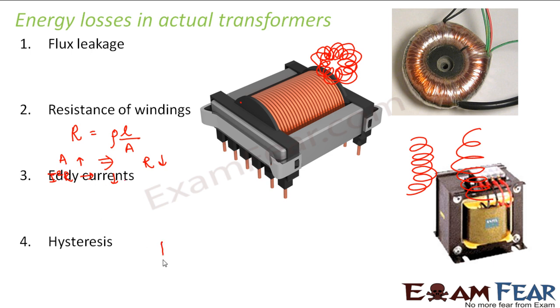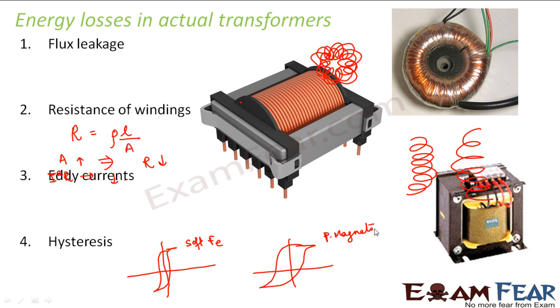So the prevention here is that we should always choose a material for which the hysteresis loss is minimum. That is why we are choosing soft iron, because if you look at any other permanent magnet, the area would be somewhat like this for permanent magnets. That is why you should always avoid any permanent magnet as a material for the core of the transformer. You should always choose a material for which the hysteresis loss is as minimum as possible. Right? So these are some of the energy losses which are encountered in actual transformers, and some of the ways I mentioned here are the preventions to it.